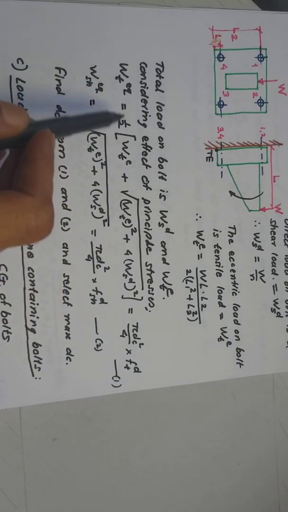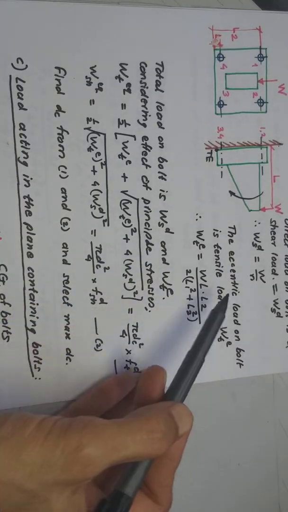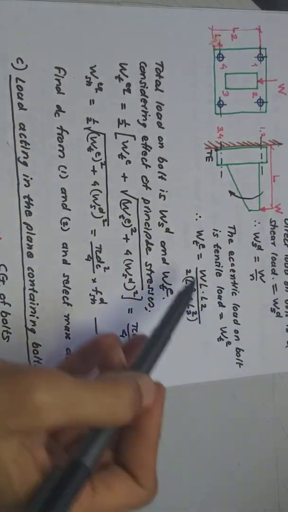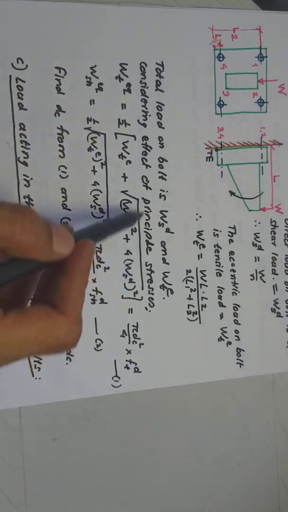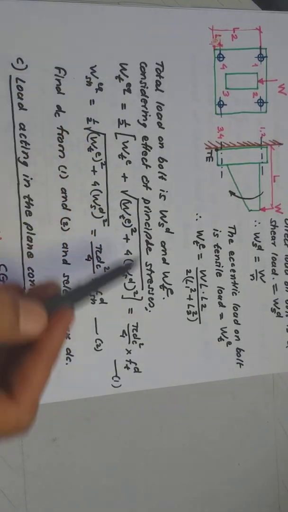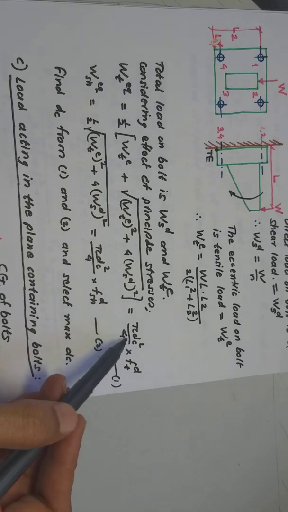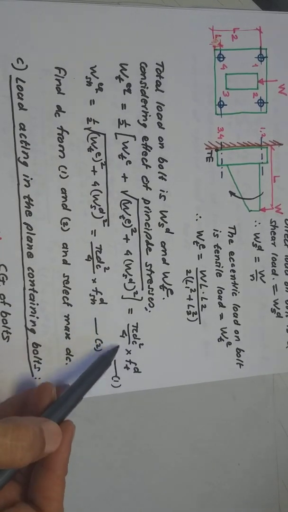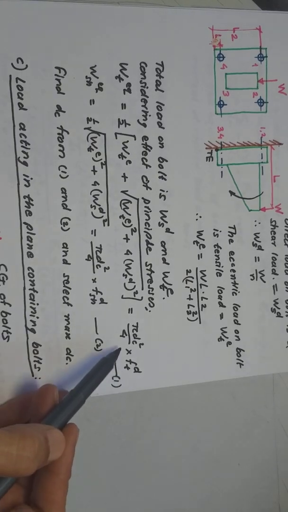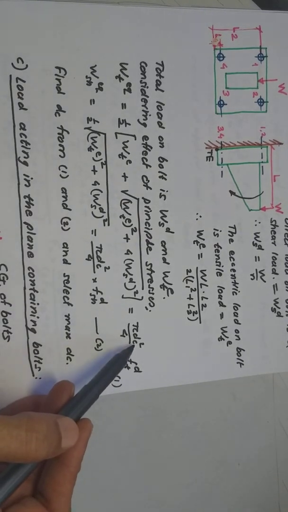So what this means is, instead of saying that on the bolt there is a tensile load and shear load, we say there is only a tensile load, which is given by combining the two loads in this fashion. So this tensile load is now to be equated with the standard formula of stress, that is pi dc square by 4 into ft design. So this will give you one value of core diameter dc.